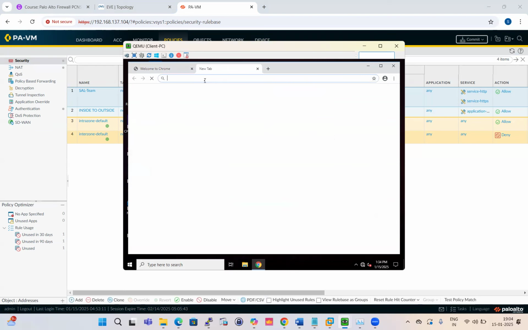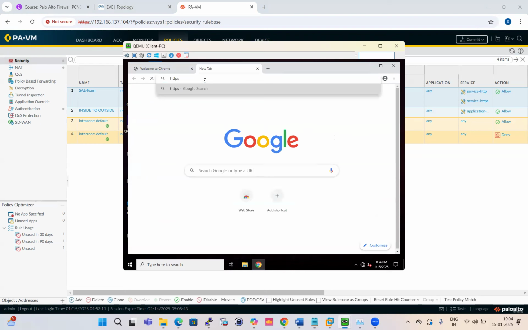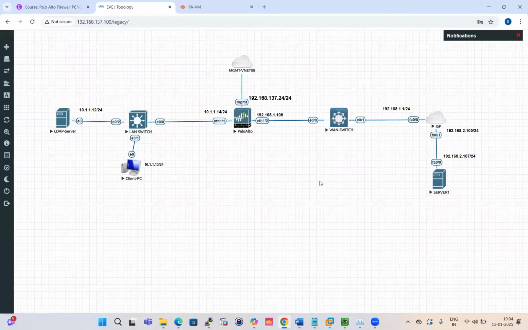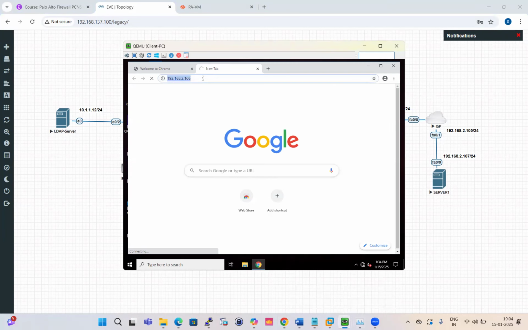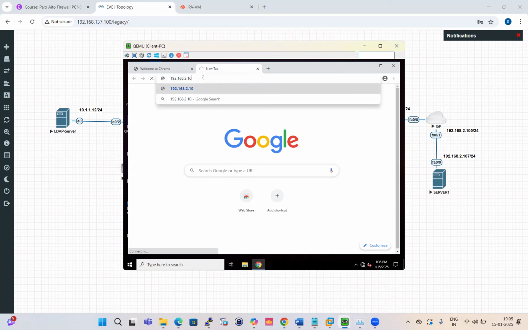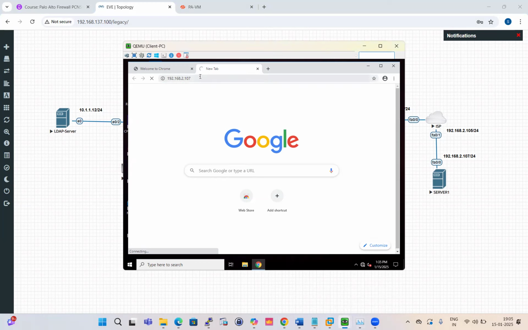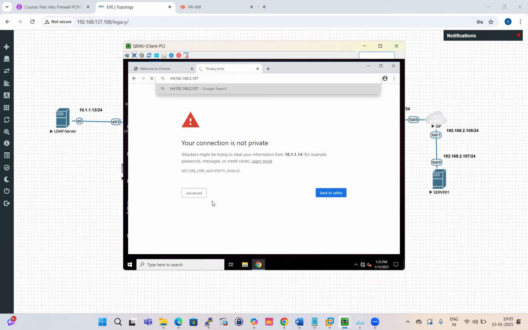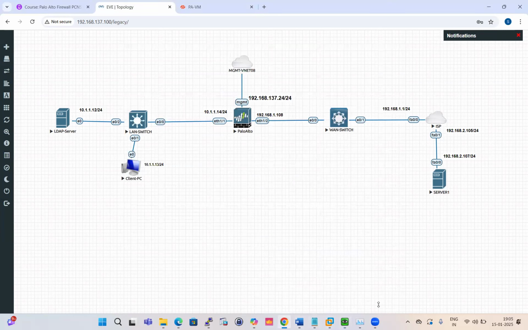Okay, so we'll try to access HTTP 192.168.2.107. HTTP, yeah, so it is redirecting to portal, क्योंकि हमने पिछले सेशन में कैप्टिव पोर्टल भी कॉन्फ़िगर किया था।